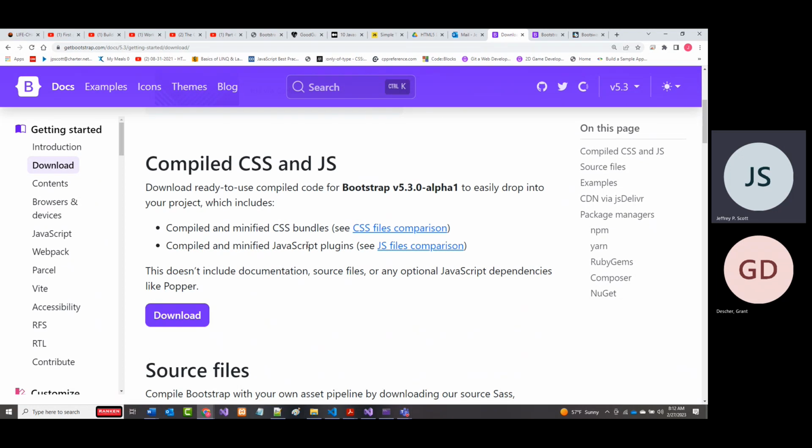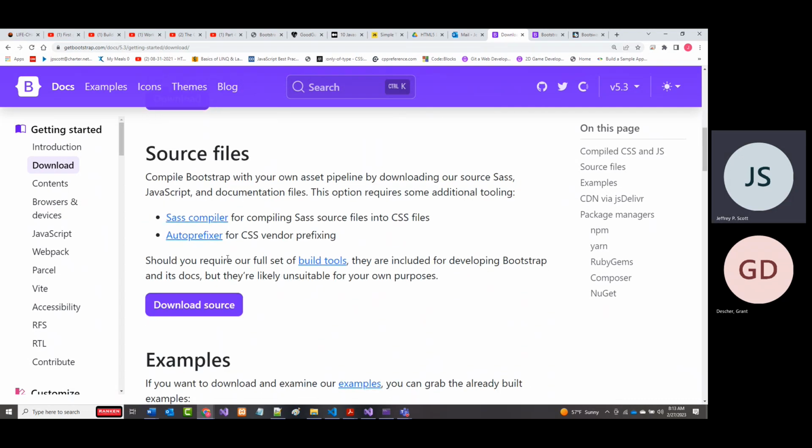Basically what that will do is allow you to bring those files right into your program. But since they've already been compiled and minified, you cannot change them. All right. So if you decided that you wanted to go in and change the Bootstrap code itself, you couldn't this way. If you brought in the source files,